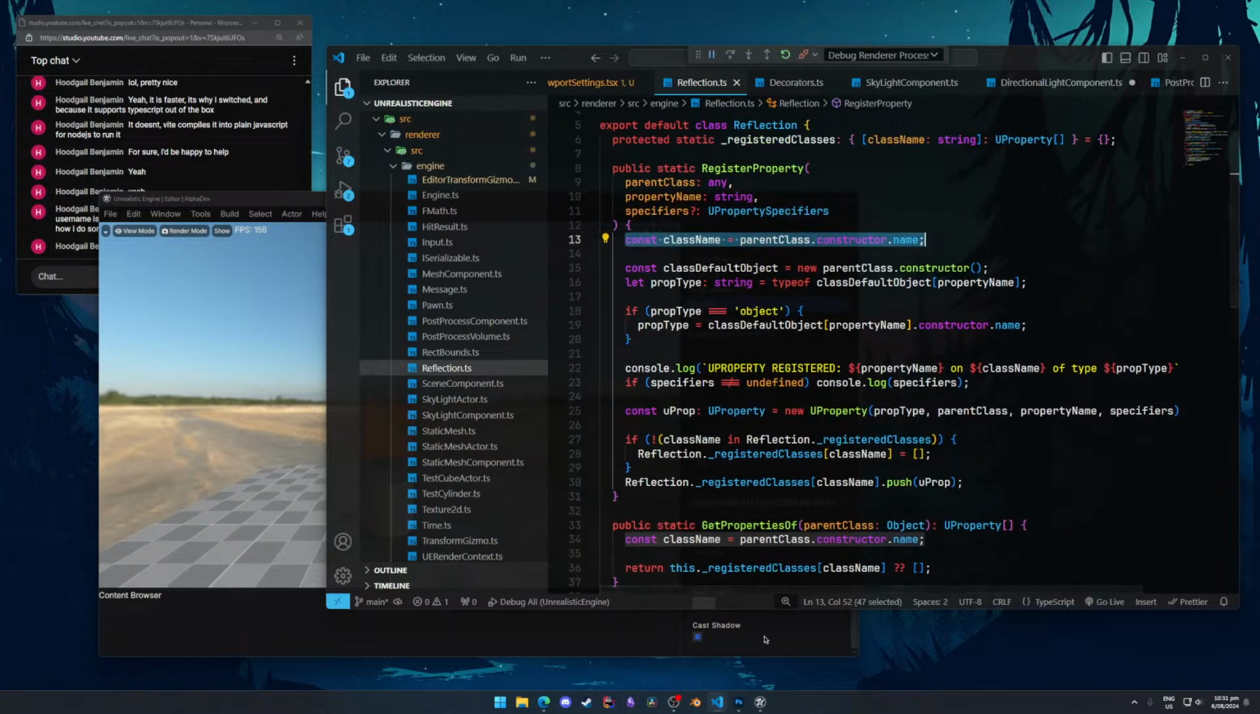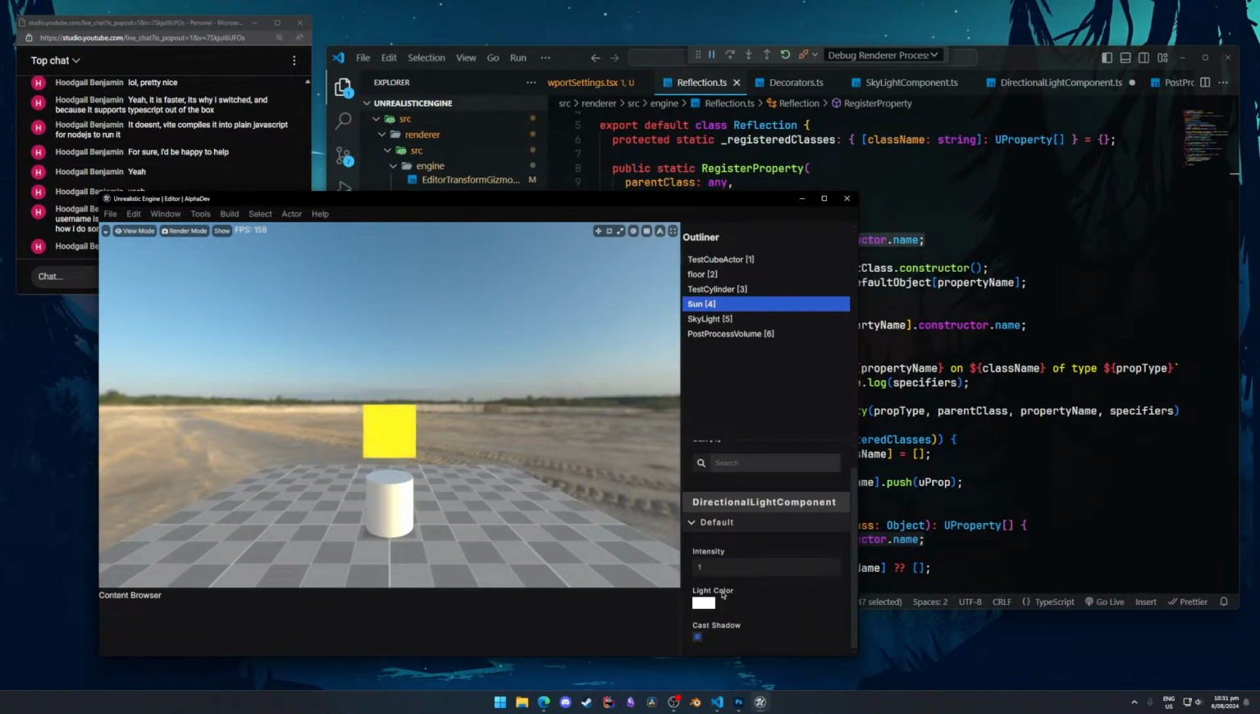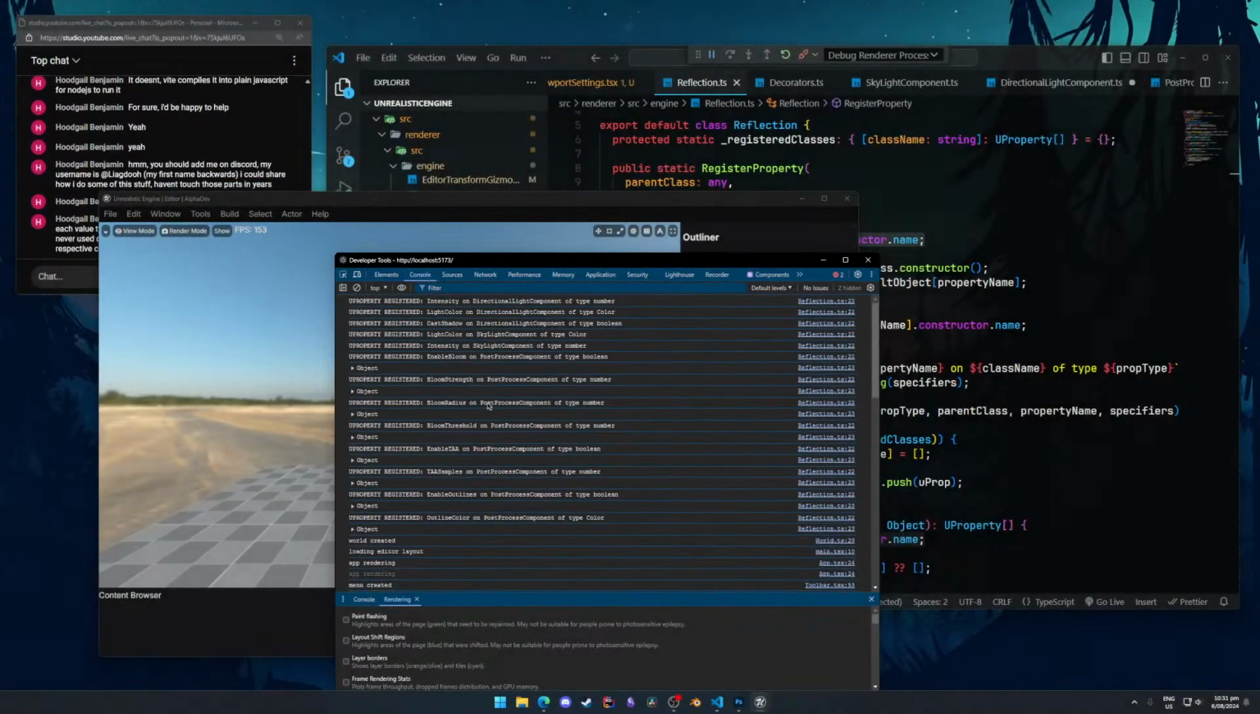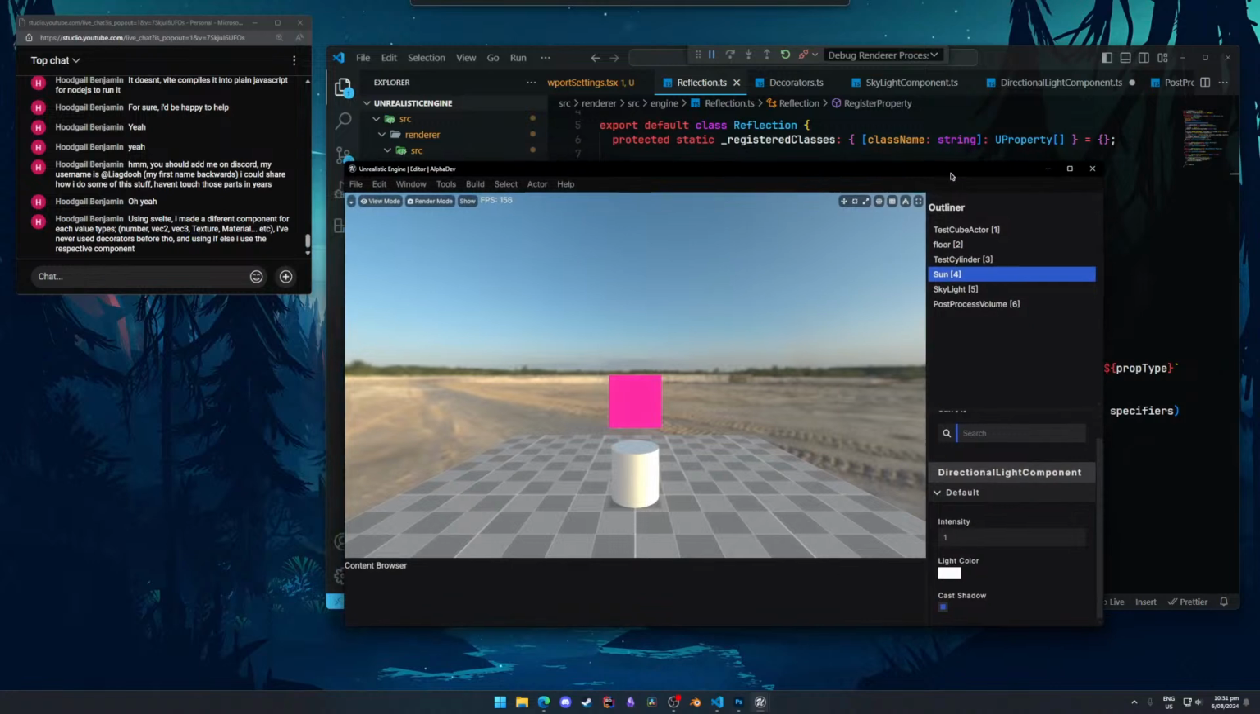So this property will be like light color. It knows it's in the default category, and then it'll say the type is, in fact I think I have prints for it still, let me see. Yeah, so it knows the type is color. I was wondering if that was a good solution for that or not, but